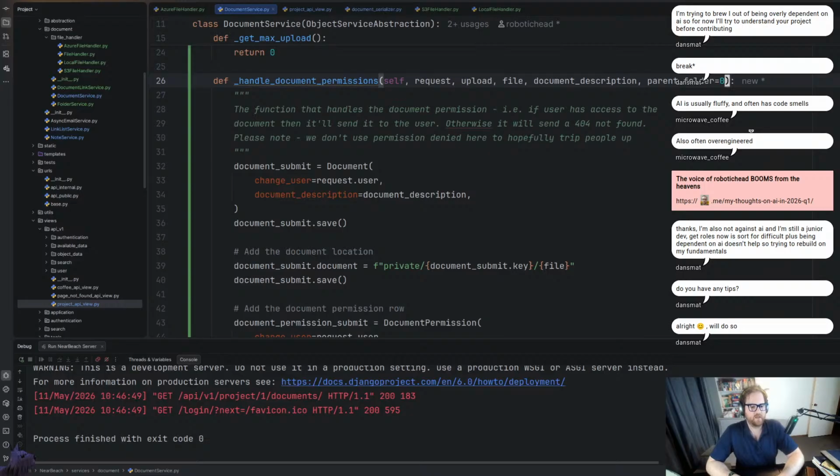All right. So I'm trying to think here where else I'm going to use this. The handle document permission. Now we do have the ability to use the same method in profile picture uploads and stuff like that. However, that would also mean that I would probably extract this out of here and make it a method by itself,